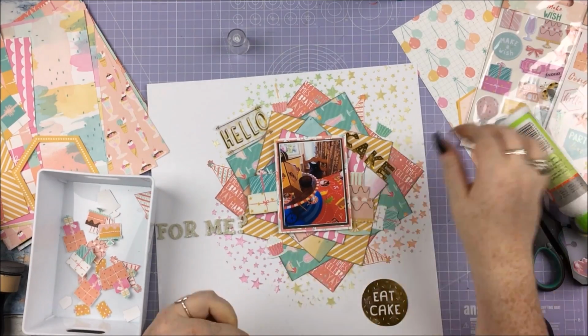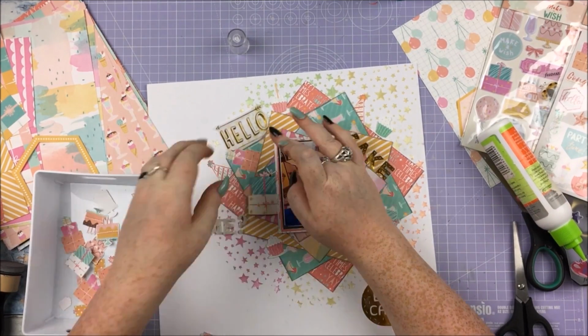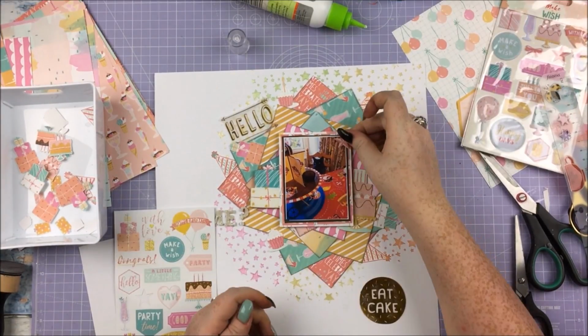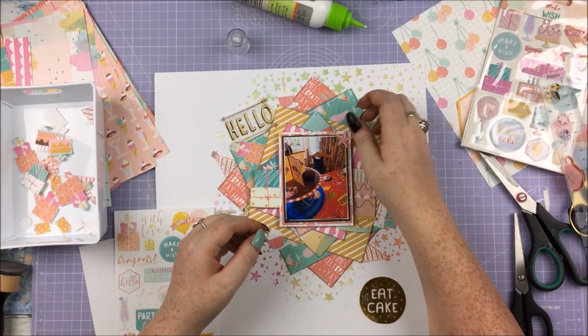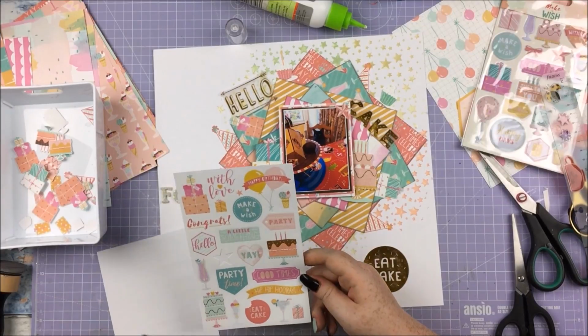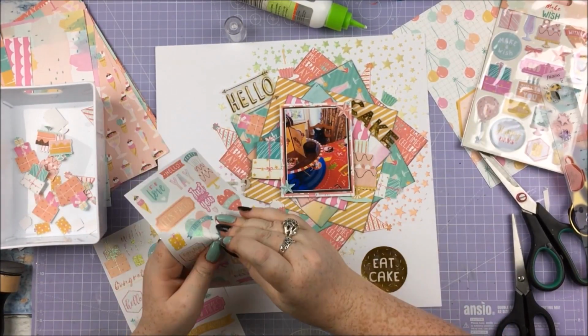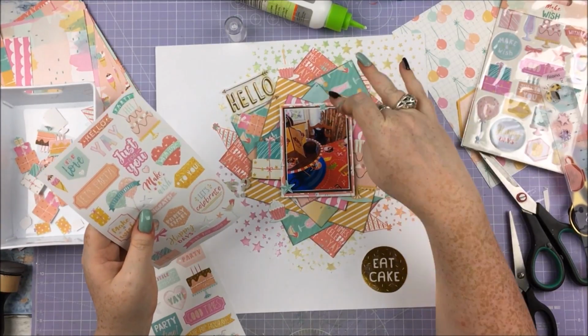Oh, that was a good word, of the papers. So yes, lots and lots of things going down as per usual, because you know I'm a scrapbooker and crafter. I just love all my little pieces and lots of little embellishments. I'm going to stick on these glitter stickers, and I came across those little nautical stars, and I